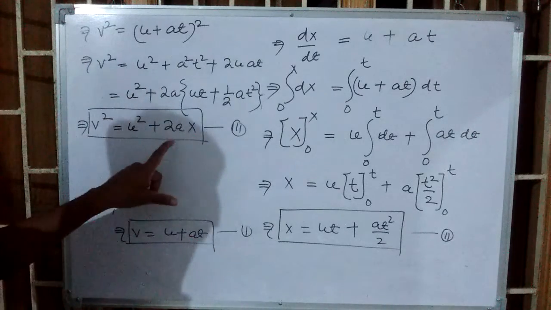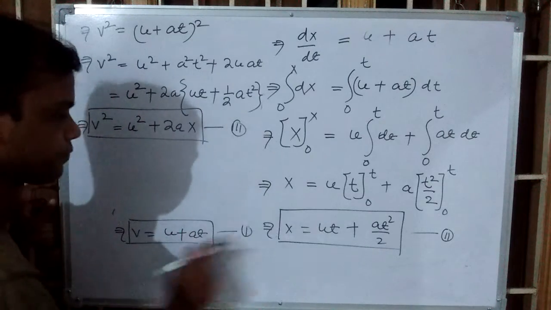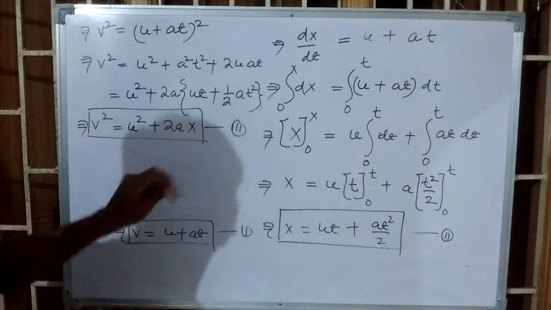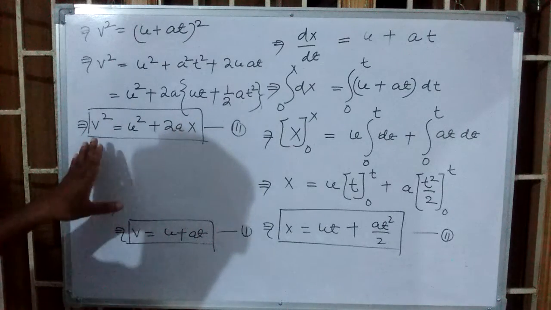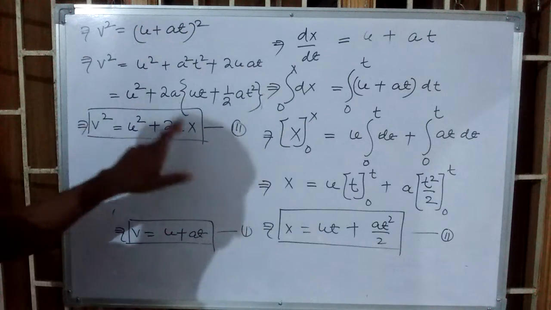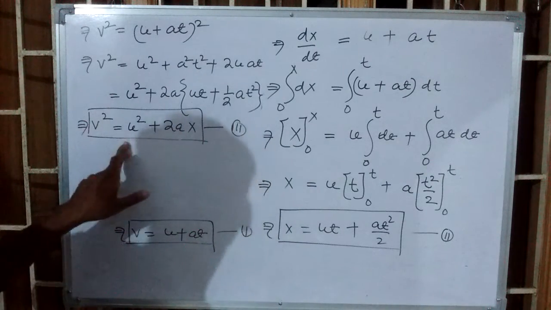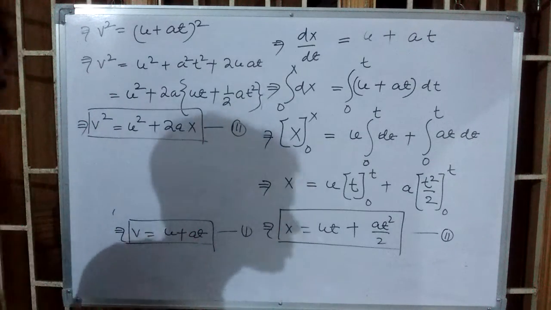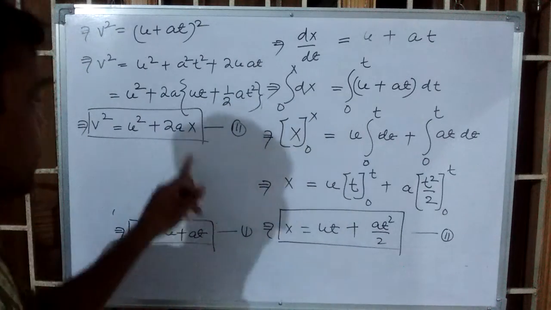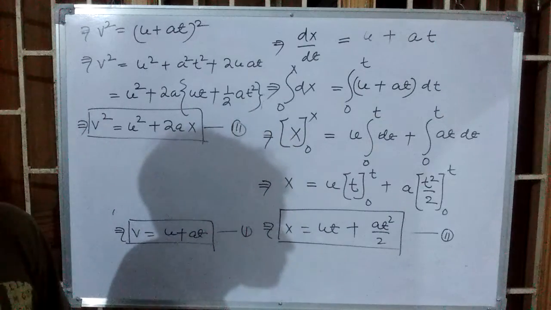Here you see, all these three equations involve a, that is constant acceleration. This equation does not need time instant. What does it mean? It means the velocity of a body after traveling a distance x with acceleration a from initial velocity u. Suppose a body started from initial velocity u, it traveled a distance x with acceleration a, then the final velocity will be this much.